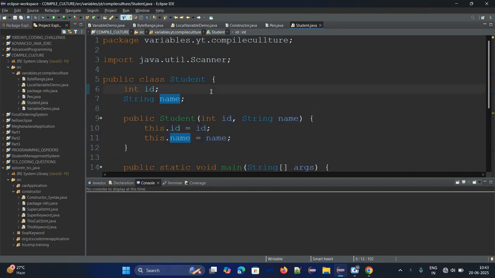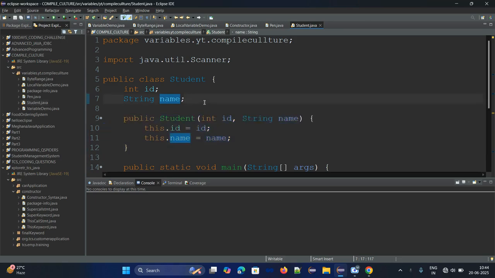Now we will understand the definition of constructor. Listen carefully. Constructor is a special member of the class which is used to load and initialize all the non-static members into an object.